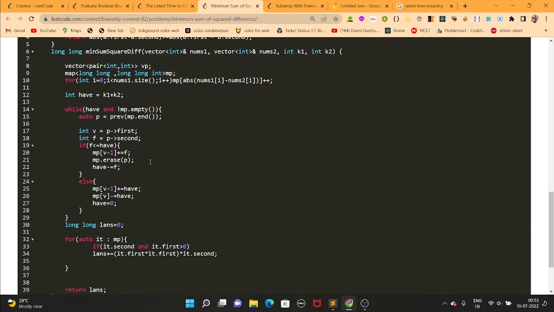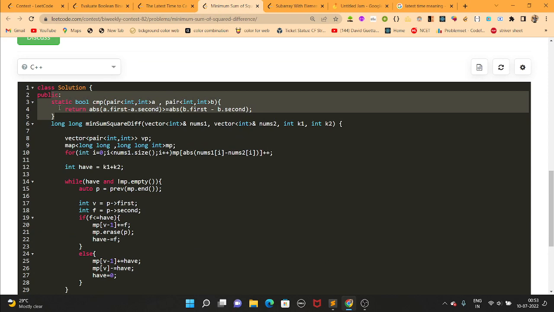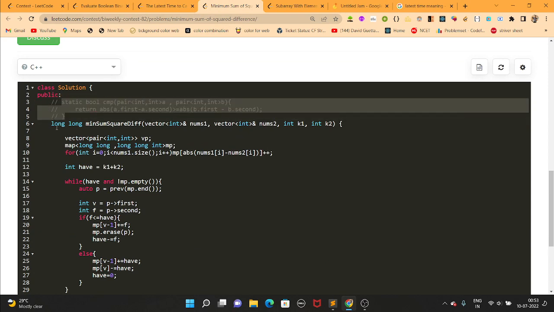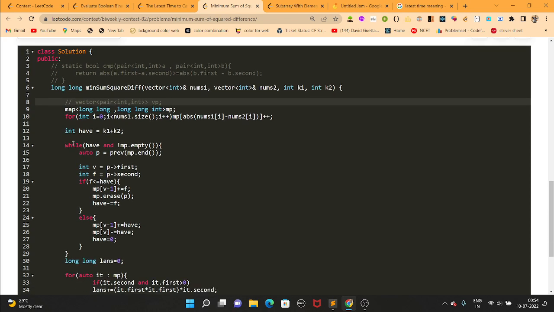So this part you can ignore. This has nothing to do with the solution, and this part also has nothing to do with the solution. And then I have just taken a map and then stored the absolute differences, and then I have